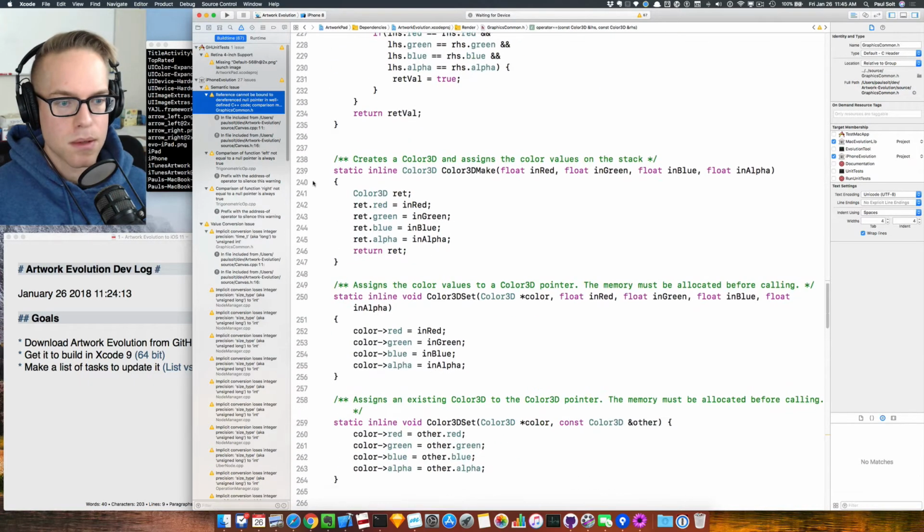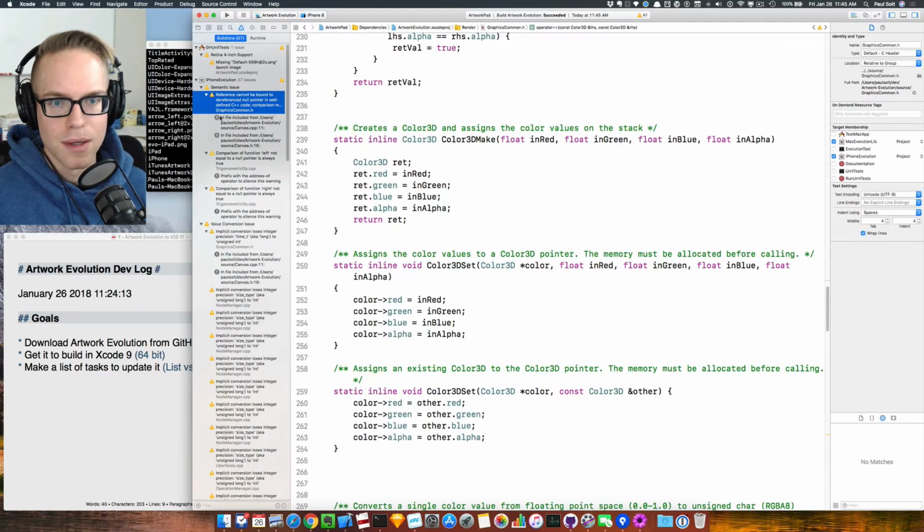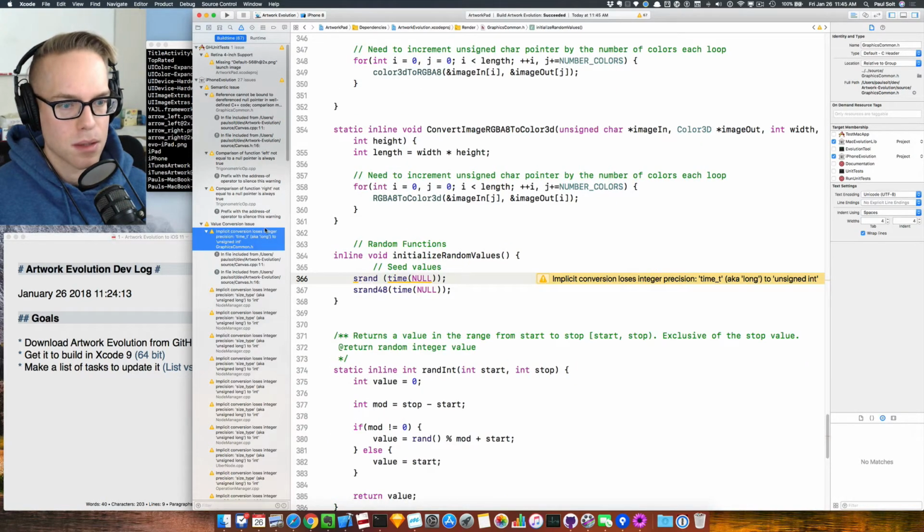Interesting. So some of my C++ code is generating warnings. So these are new warnings that are telling me certain things are happening. Some of them I can get rid of by just casting, and some of them